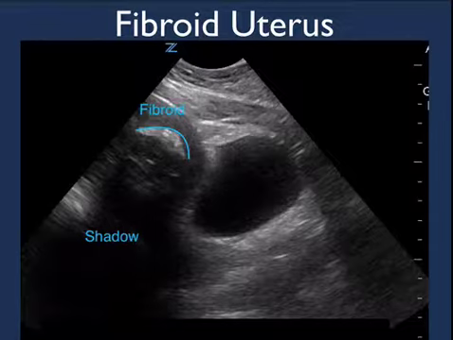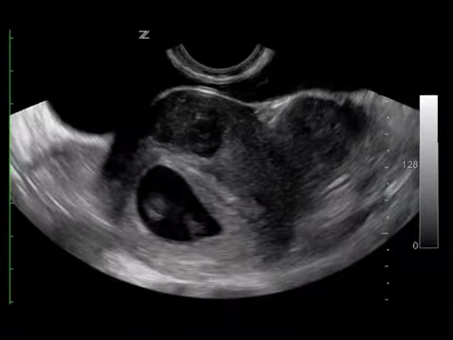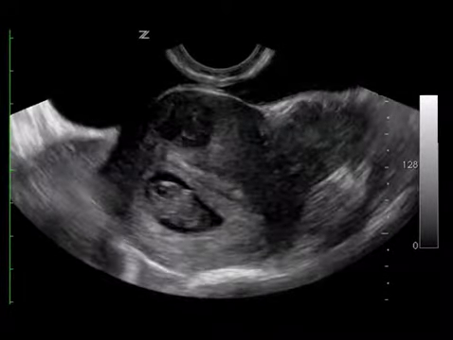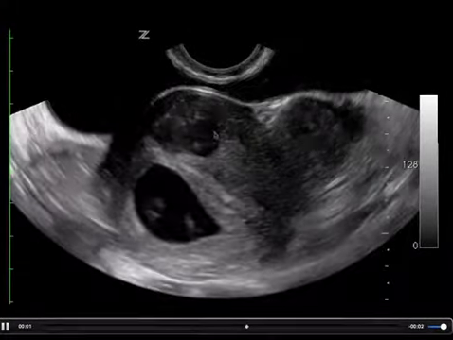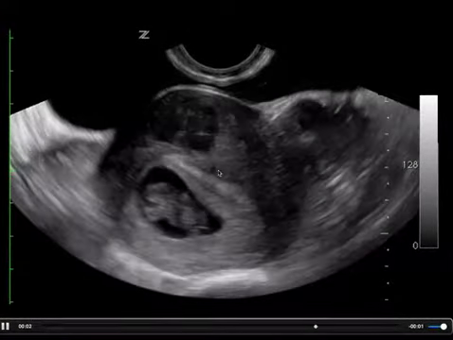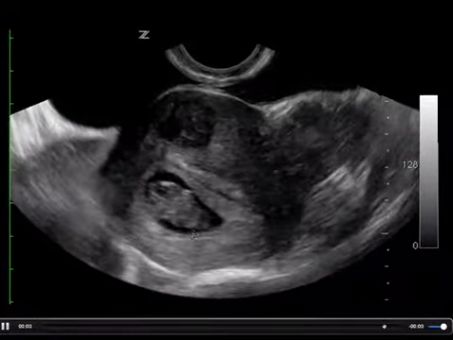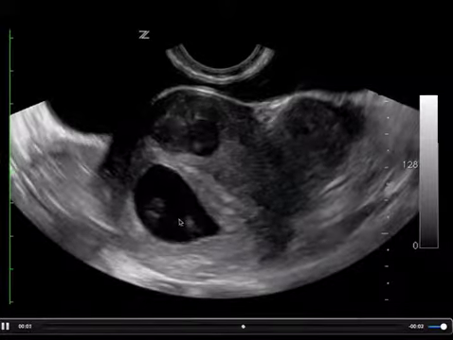When we stop this and do a freeze frame, what we notice is this fibroid is so calcified it actually produces shadow like a large gallbladder with a big stone within it. Here again, we see another example of a fibroid within the myometrium. This is the myometrium, this is the endometrium, and again, we see something going on in the endometrium with a